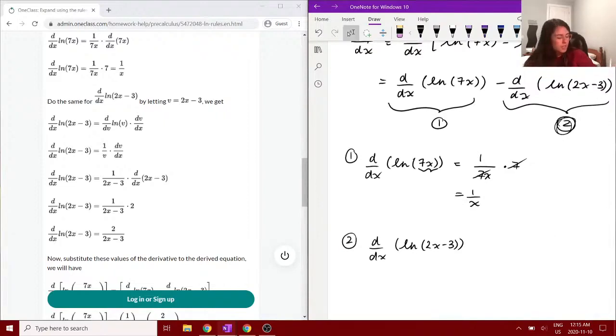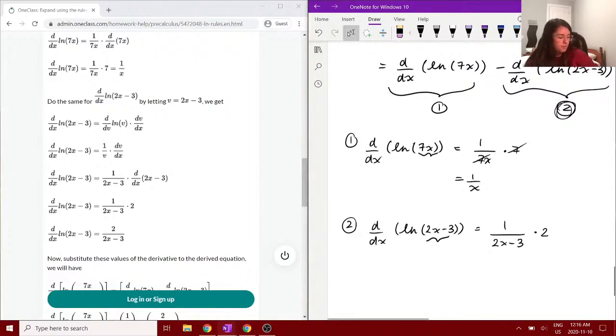Hopefully I'm not blocking it. And it's the same process, like I said. So the derivative of a ln function is just 1 over x, or in this case we have 2x minus 3, times what is the derivative of 2x minus 3. So 2x, derivative of that is 2, and the derivative of minus 3 is just 0. So it would be,